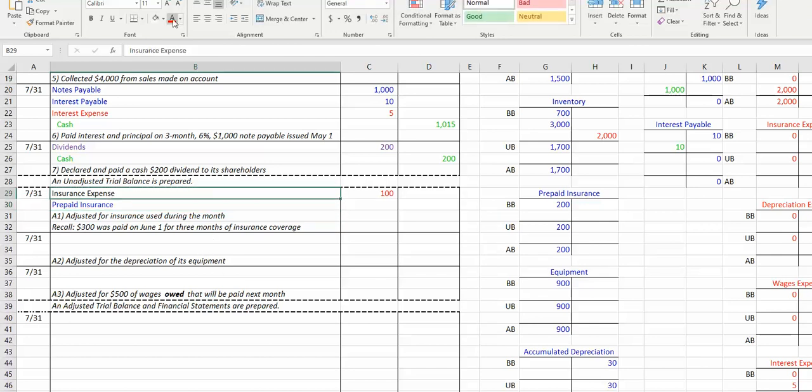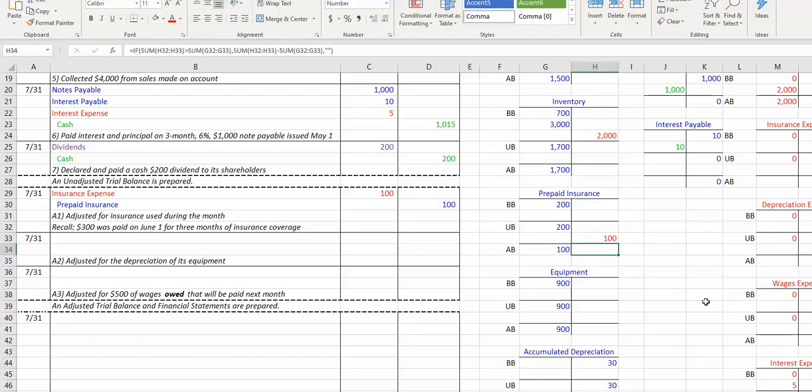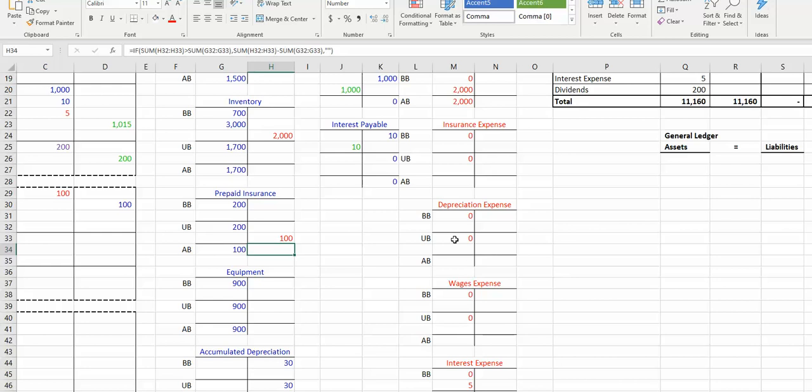And what we're crediting, giving up, is the asset, because the using of an asset is an expense. So if you will, I'm going to now post this, and you want to be careful because you post your adjusting entries right here. So I'm going to do the credit first because I'm right here. So you can see it's making my balance go down as it should. I use some of that prepaid insurance, and then I'm going to debit